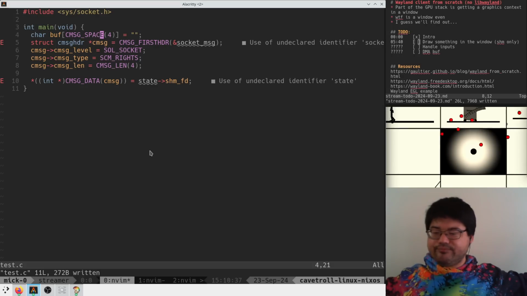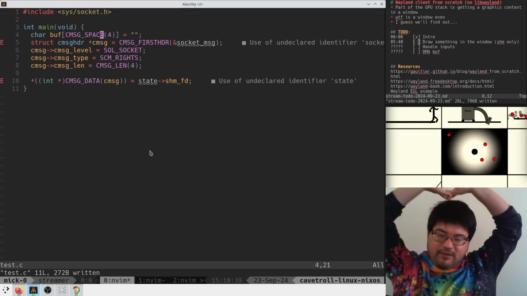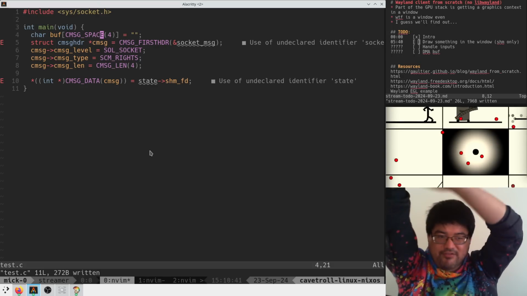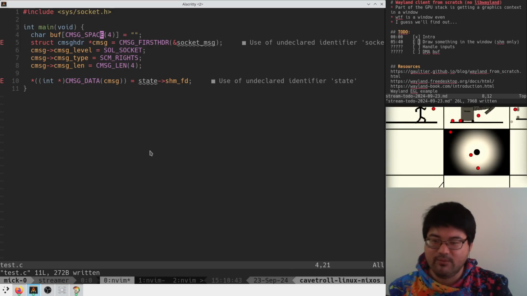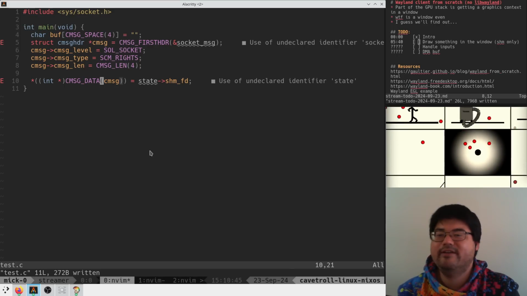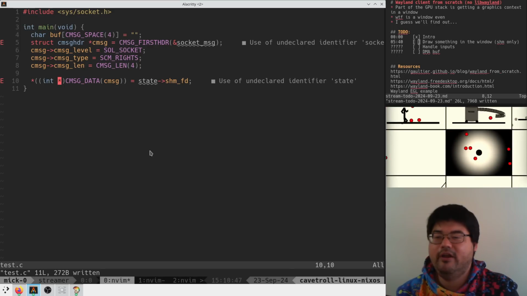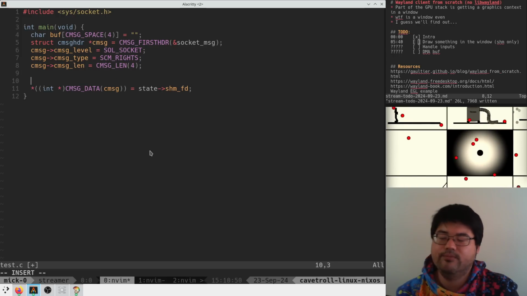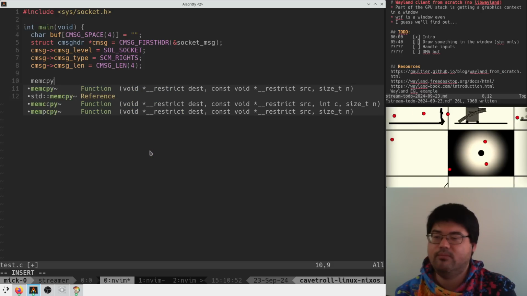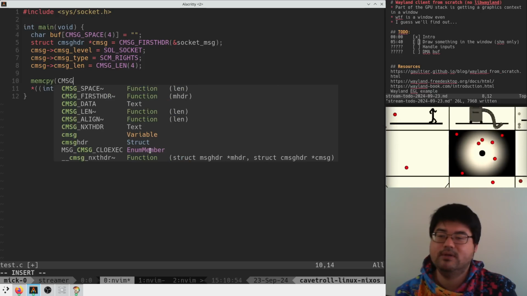Fuck, man. Do I want to do this? I mean, I've kind of gone down the path far enough that we have to finish it, right? We have to. We don't have a choice. But this is annoying. So can we just finish this off with a memcpy of cmsg data,